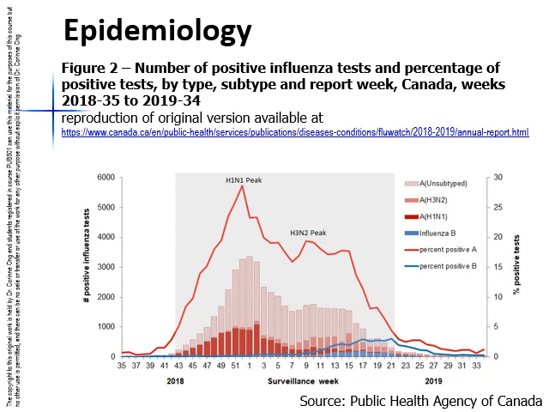H1N1 influenza A was predominant in the earlier part of this season, from October to February, followed by a smaller wave of H3N2 influenza A circulation from March to April. H1N1 influenza A cases are the dark red bars and H3N2 the lighter red bars. Over half the influenza A specimens were not subtyped. There was also a much lower incidence of influenza B at the end of the season from April to May, and this is shown by the blue